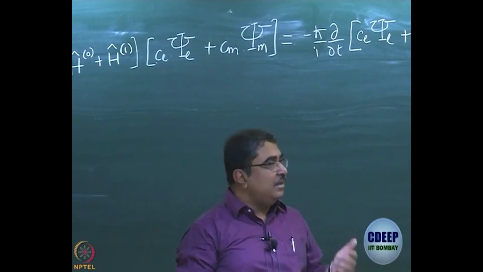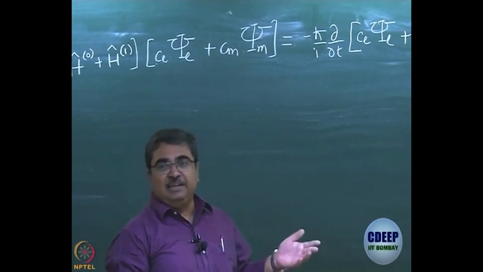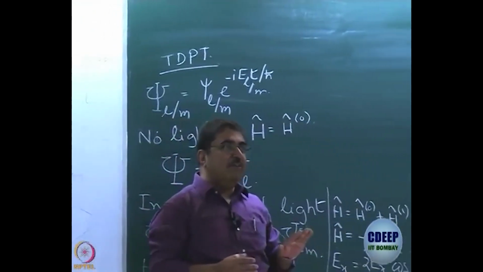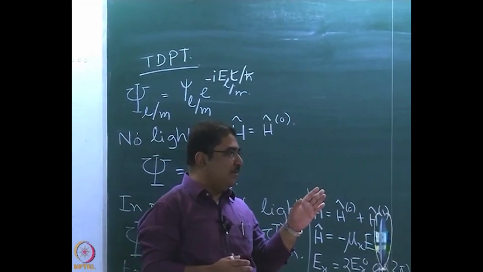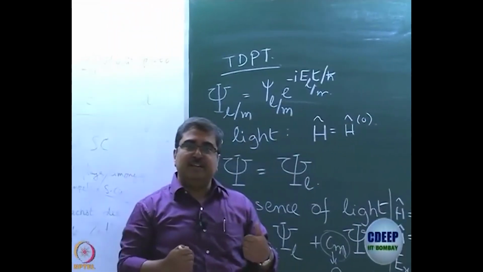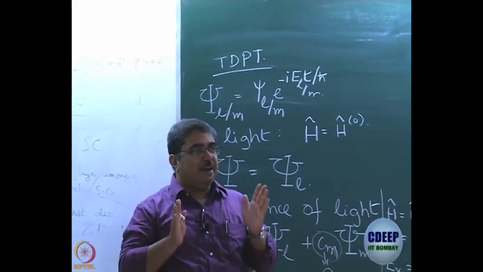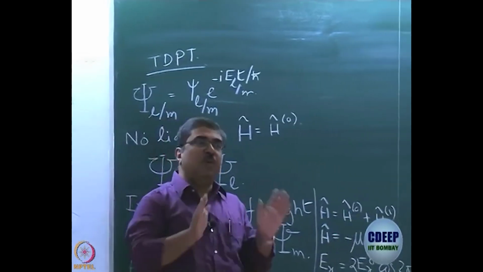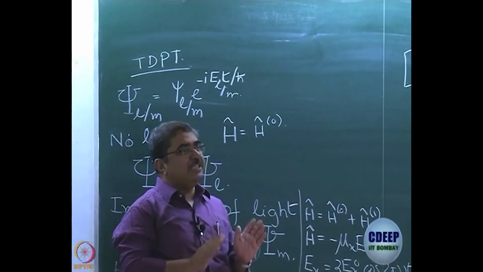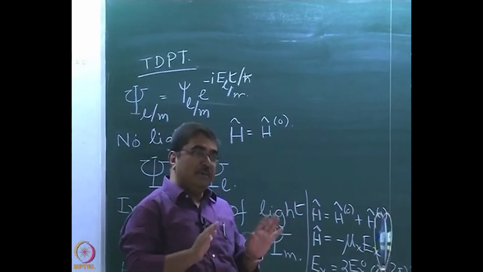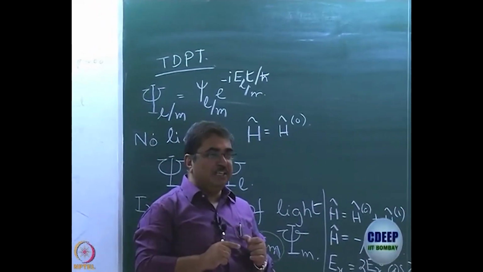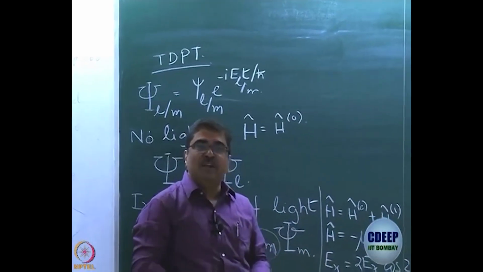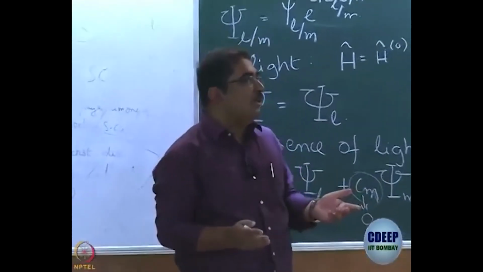At time t equal to 0, Cl is exactly equal to 1, Cm is exactly equal to 0. As the time proceeds, the value of Cl decreases from 1, value of Cm grows from 0, right. But we are working under the approximation that our discussion is confined to initial time, where Cl deviates not too much from the value of 1, Cm deviates not too much from the value of 0. Please remember this. This is usually a source of confusion, because what we often think when we read this part is that we are saying Cl is equal to 1, we are saying Cm is equal to 0, then how do we even talk about dCm dt?